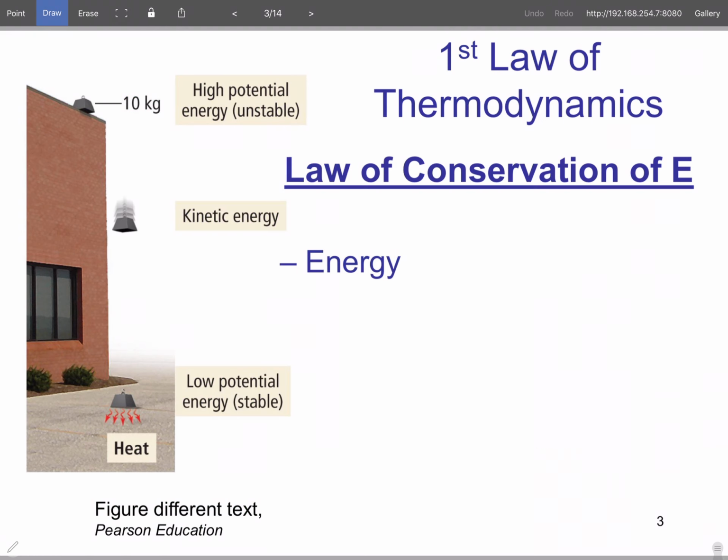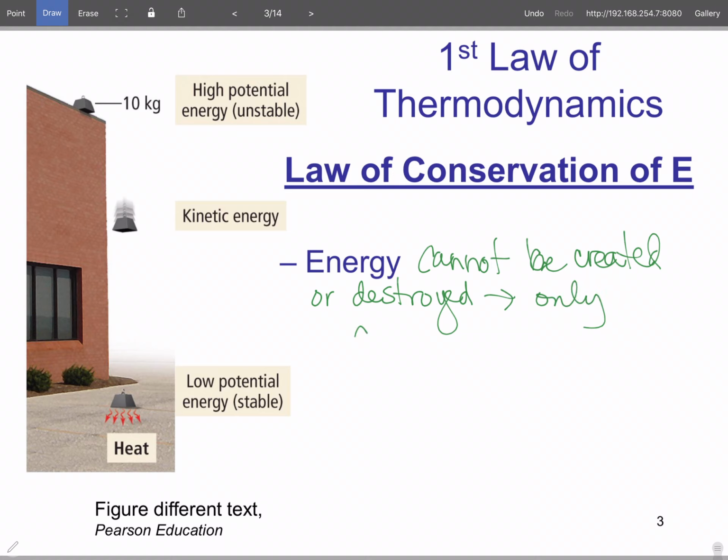Well, what do we do with it? Well, the first thing we do with it is the first law of thermodynamics, which is the law of conservation of energy. Energy cannot be created or destroyed. It can only be converted from one form to another. So when we talk about energy, we say it can't be created or destroyed. You only transfer it. It's only converted between forms. That's between. And I'll use that one a lot,